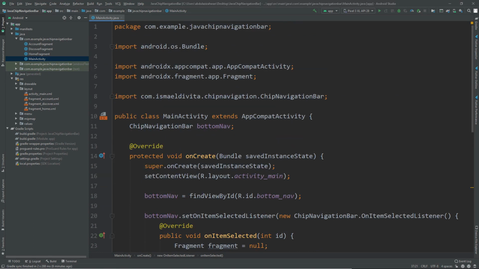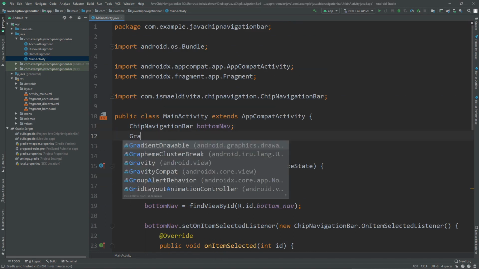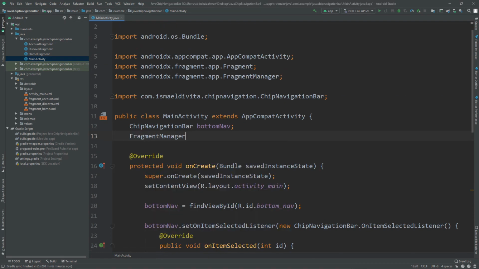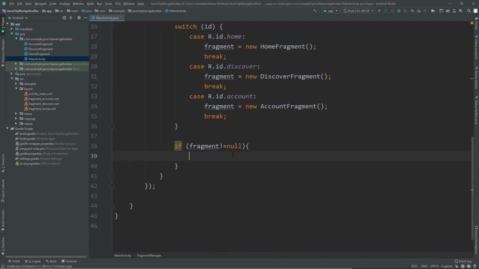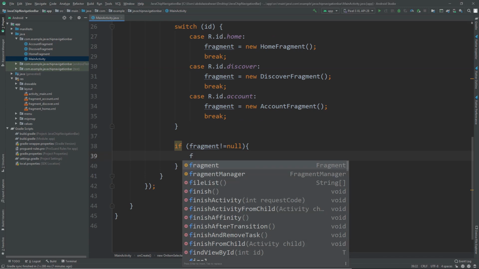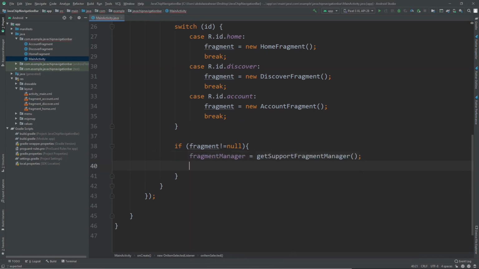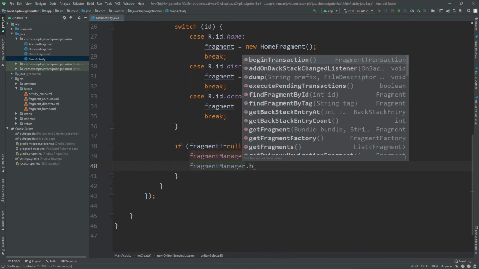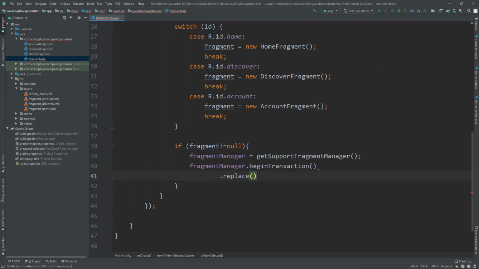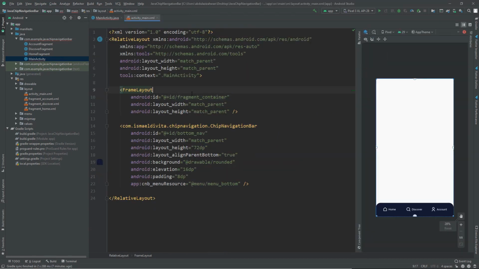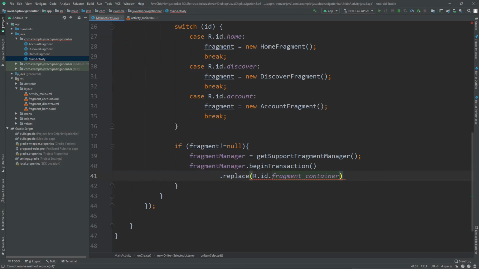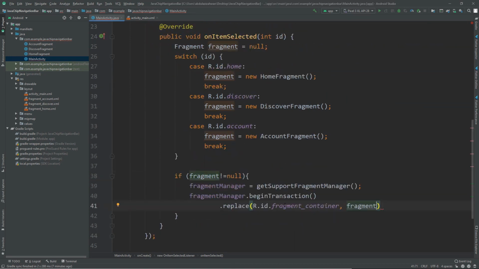Okay, but before it we need to call our FragmentManager here, and inside this if statement we say getSupportFragmentManager, and then beginTransaction, and we say replace, and we want to replace this frame layout with the current fragment based on the ID.